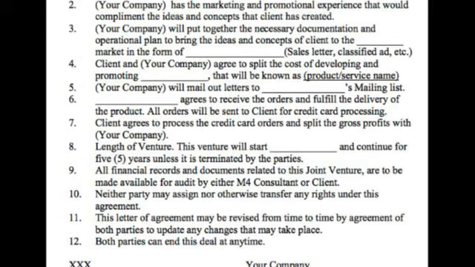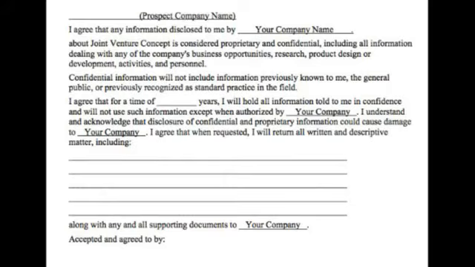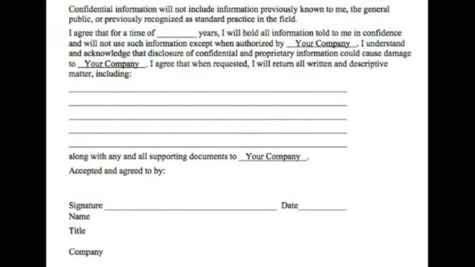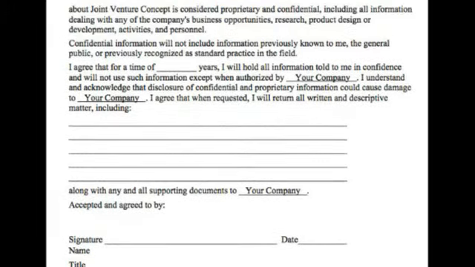This particular template has a non-disclosure agreement, so that's good. But this is not a good non-disclosure agreement. It says that these things are proprietary and confidential. It defines it in this very vague way, and says that we're going to hold it for certain terms of years, but it doesn't say what happens. Because when I have a non-disclosure agreement, I put in there exactly what the proprietary and confidential stuff is. Not exactly in the sense of listing the titles of it, because some of it you don't know yet, but like the categories.